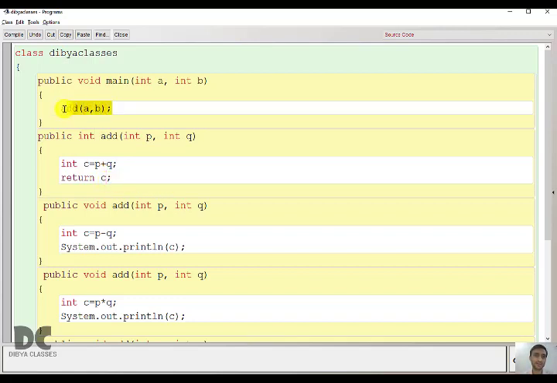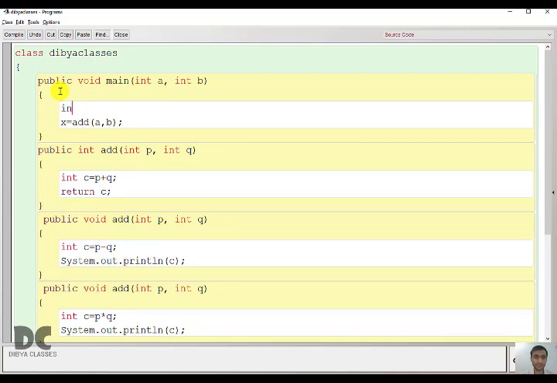You called where? You called in this function, that is add. This is the calling function. But you are returning with some value, and this value needs to be stored somewhere. So here you have to store it in a place. Let the variable be x. And what will be the data type of x? What type of value am I sending? I am sending an int value. So the data type of x will be int. Understood? Okay.